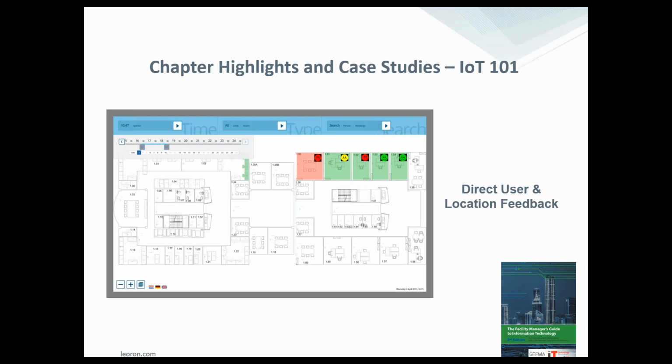So a very simple tweak, and they actually reclaimed a bunch of space that they really hadn't been able to use. People were complaining there was never a desk available. The analytics showed that there was a tremendous amount of vacancy. What they found out was that there was never a desk available in a spot where you could make a phone call.